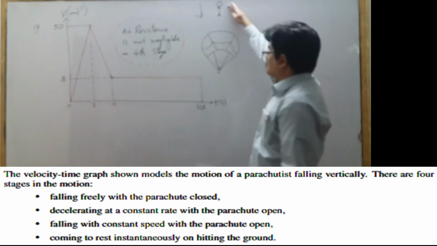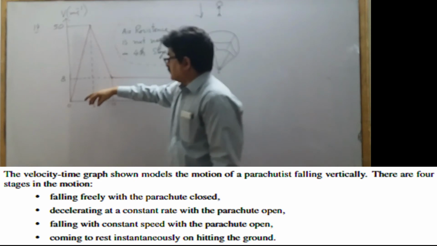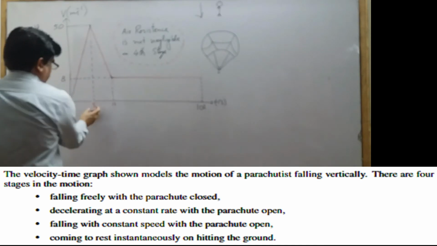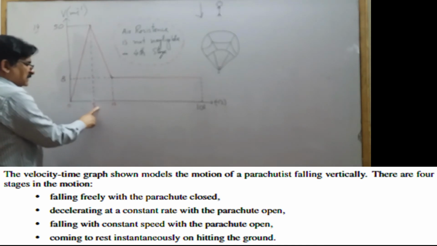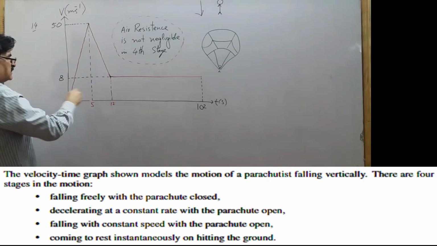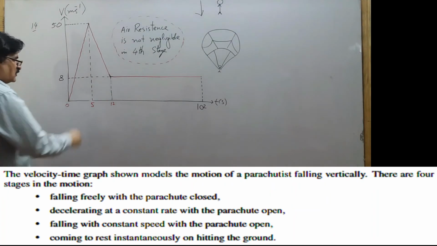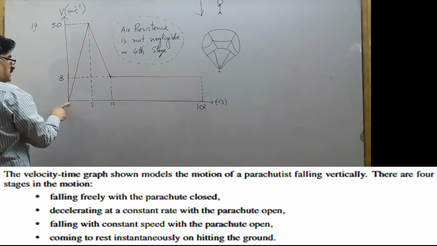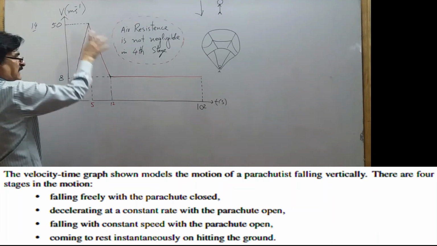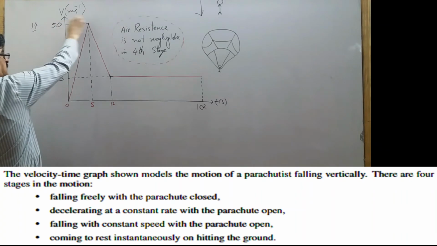Now when it moves with acceleration 10, up to some time which is given in the graph, 5 seconds. So from 0 to 5 seconds it is coming down, but the graph is given in the question. It means that the downward direction is taken to be positive. So the velocity is increasing from 0 to 50. This is the velocity time graph. The red graph shows the actual graph, not the path. Now up to this point its velocity becomes 50.